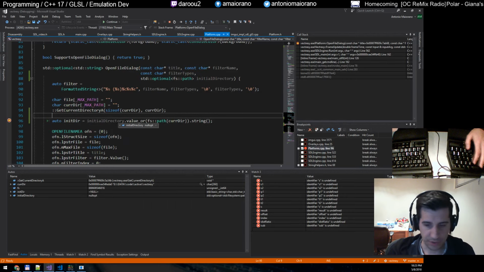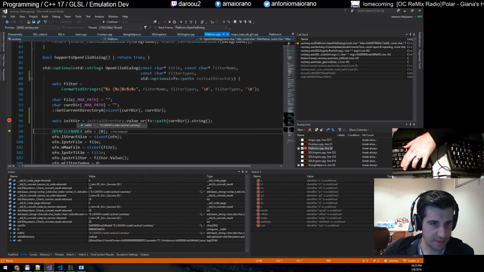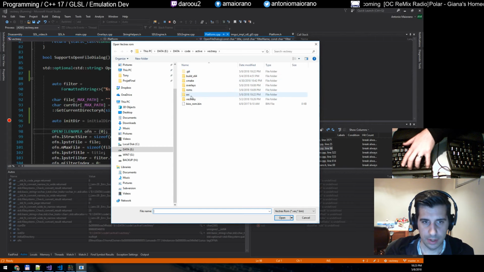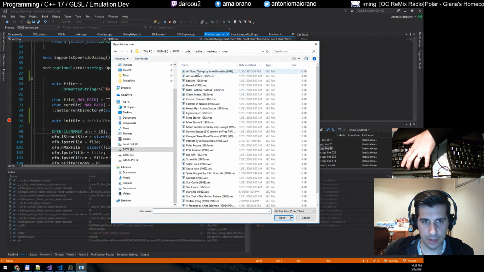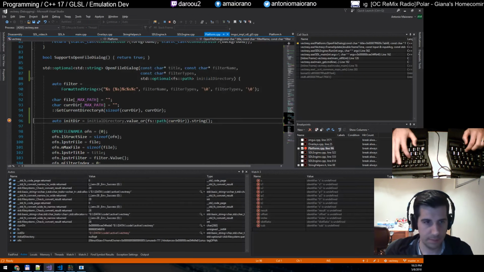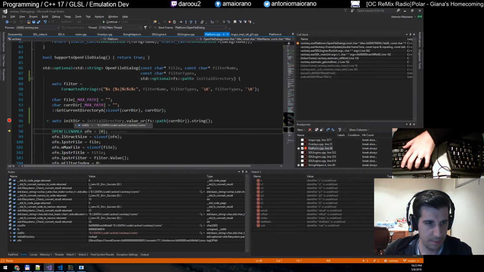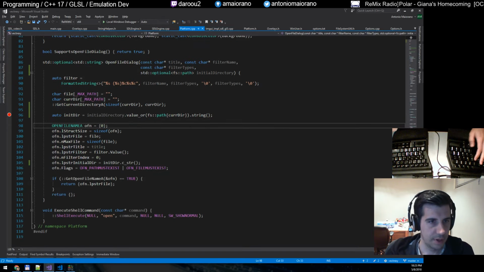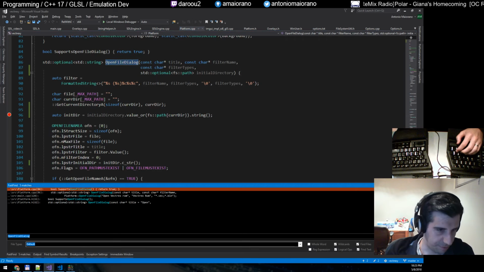So let's see, initial directory is null opt, so we should get the directory that came from here. Okay, so now if we go to where we call open file dialog,